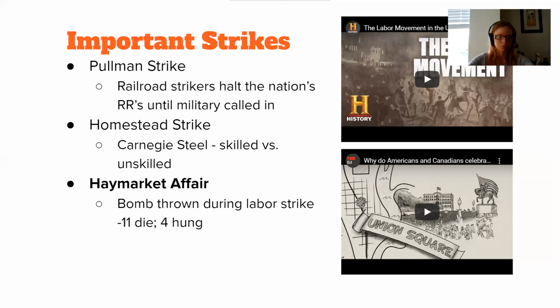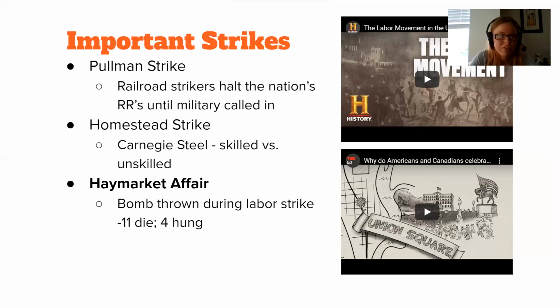It's incredibly chaotic and dangerous. There were several bystanders that were hit. And when the dust settles, 8 leaders from the Knights of Labor were arrested and charged with this violence and death, even though there was no evidence linking them to that bomb or any of the carnage that had ensued. They get the death penalty. 4 of them actually are hung. Again, no evidence. It's just, hey, you were striking and protesting, so you're going to die.